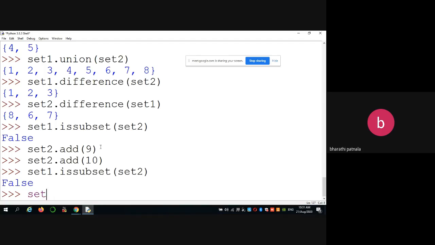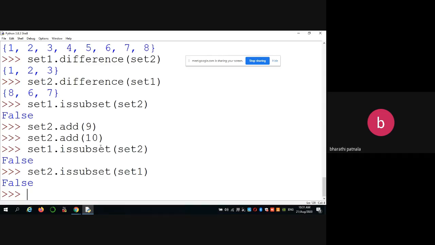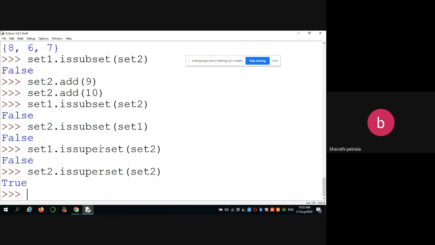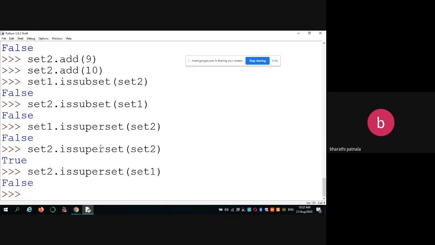Okay, similarly set 2 dot is subset of set 1. Like that, subset or superset you can find out. Whether the count of elements is greater or not, like that you can find out the set of elements, and less than or equals to.